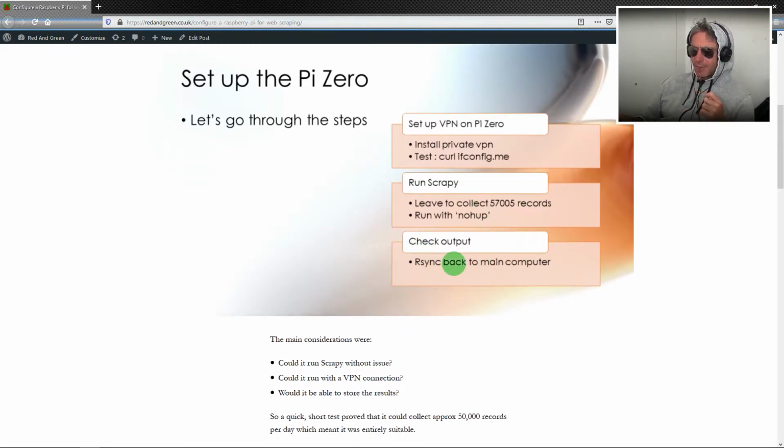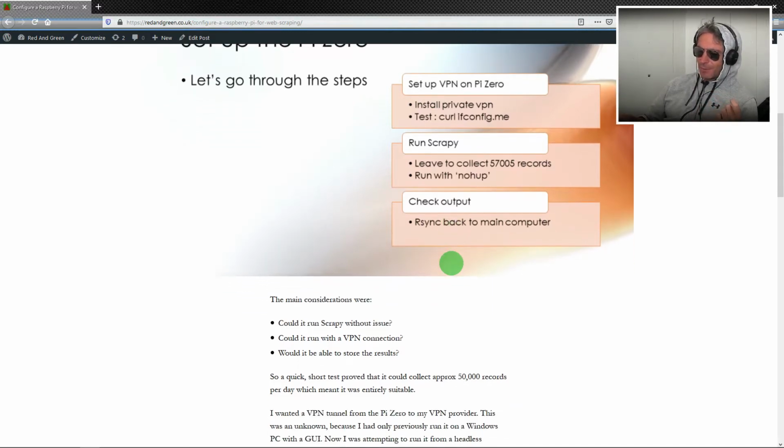And then checking the output, so it's a headless Raspberry Pi Zero, so I could have done less or head or top. I could have shown the CSV output on the Pi, but not in the fluffy format that we're used to